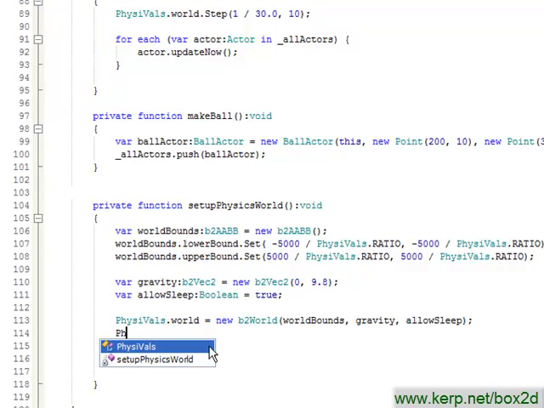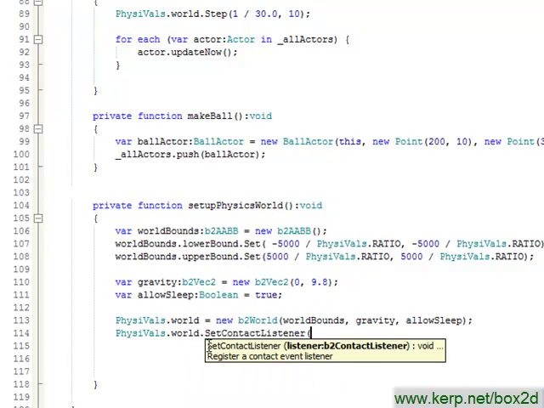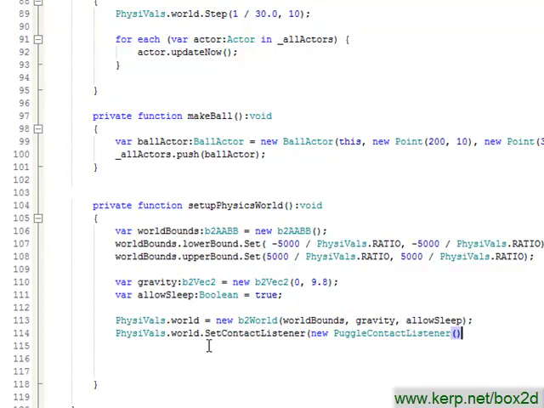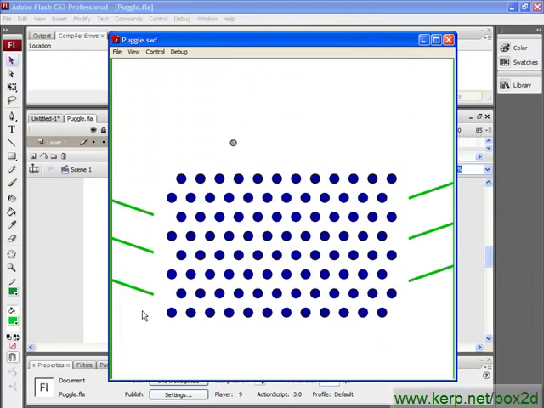So I'm going to take my physics world, and I'm going to call set contact listener to a new Puggle contact listener. Now if I run it,